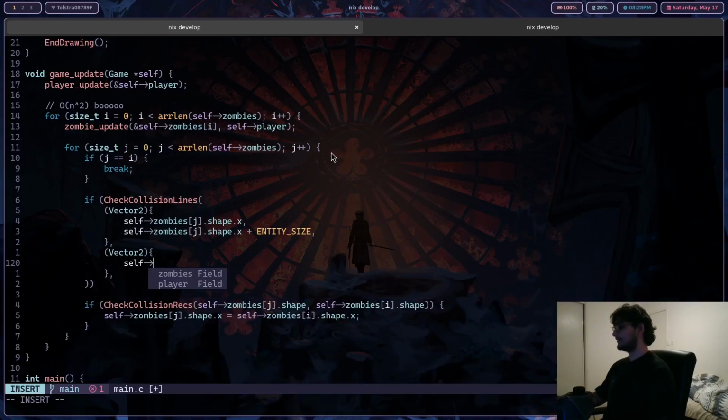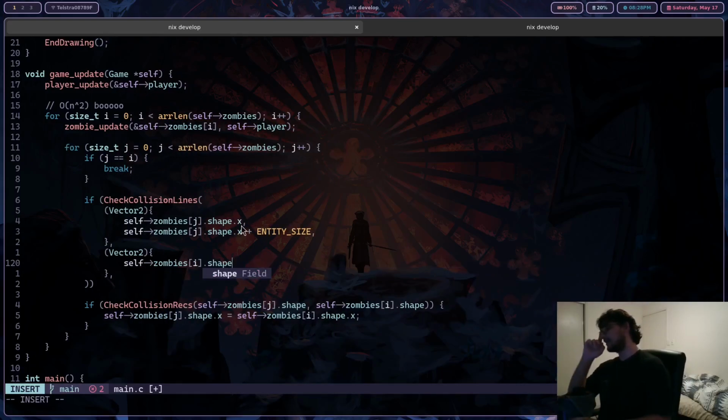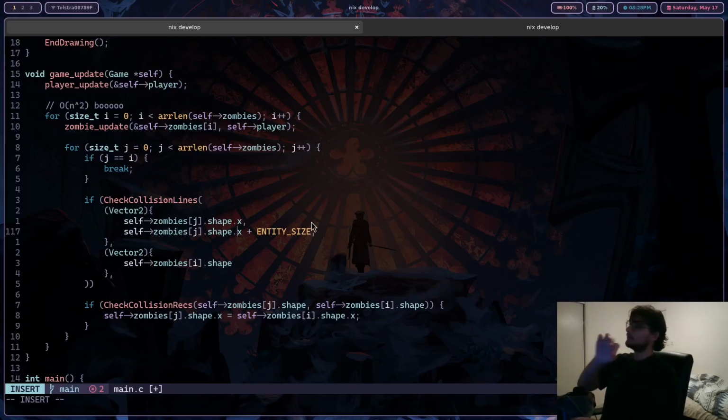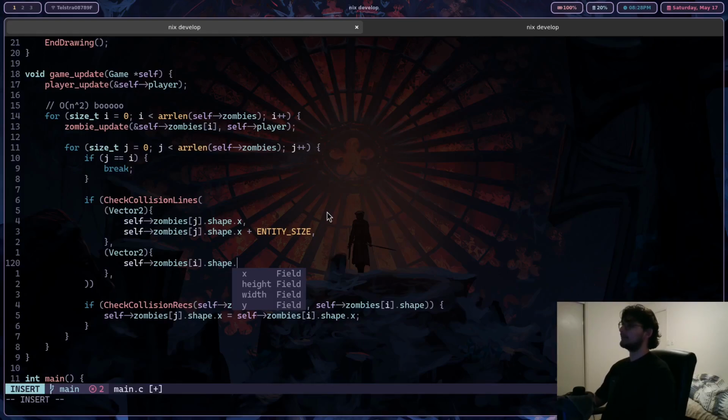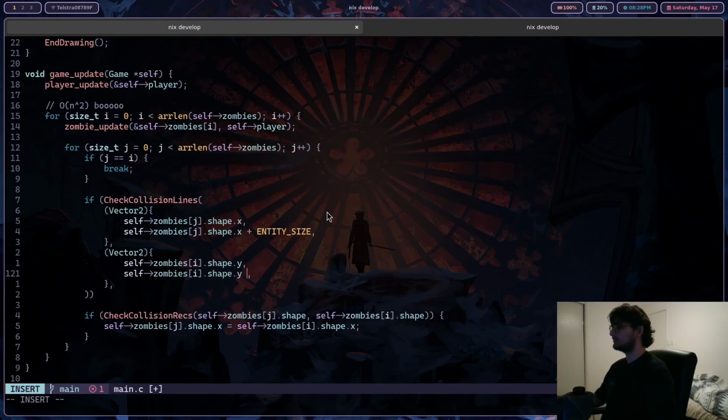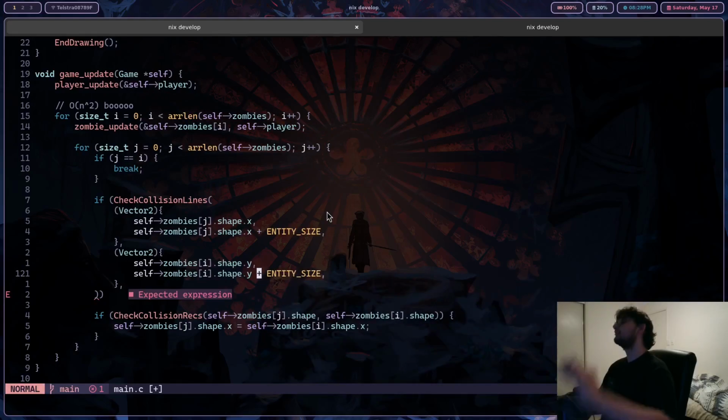So self.zombies at i.shape. So this line here that we're doing has the x position plus its width. So we want to check that against the bottom of this guy, because you can't compare it to the top. So the bottom of this will be y. Is it y? No, it'll be y, right? Yeah, and size, but that will be